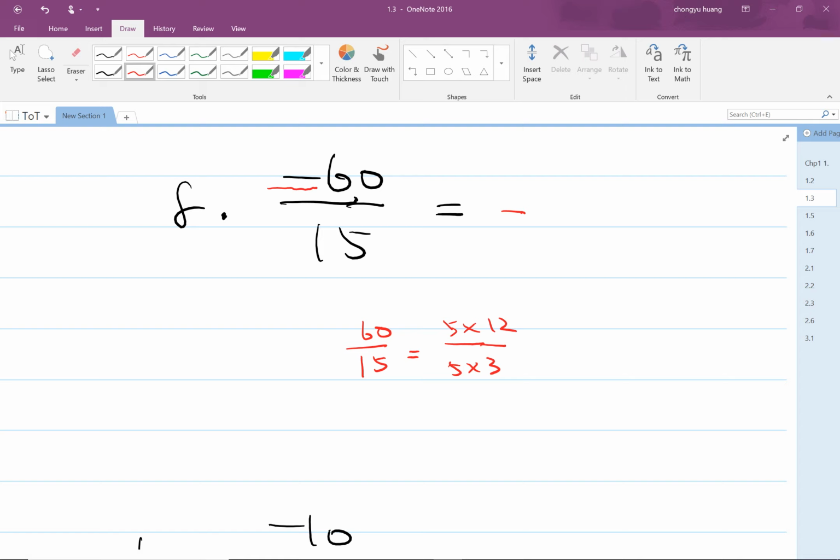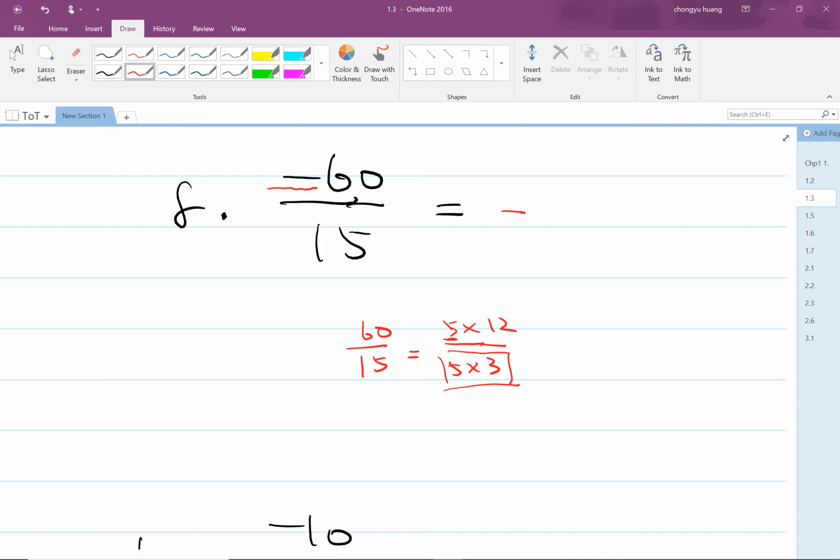So you may ask why. For 15 there's only one way to make it: 3 multiplied by 5. That's the only way, right? So the thing here is you want to simplify, so you want to make things cancel, right? That's why I start with 5, because 5 is the biggest factor of 15. So you want to make it 5, and then